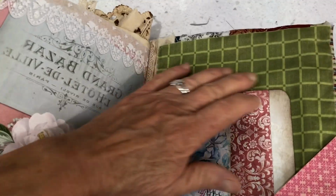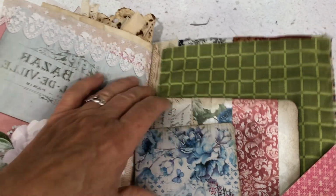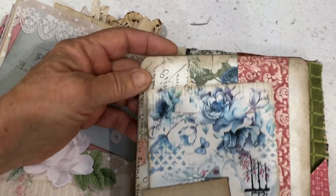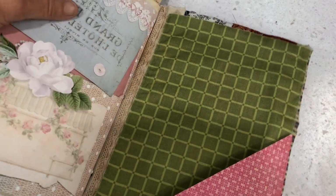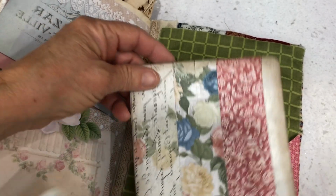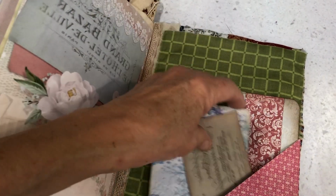And then you open it up, and the inside was a cloth fabric. I use that fabric fix to glue the fabric to fabric or fabric to paper. And then the inside, I've got a couple of journaling cards, and this is just a paper pocket here, and I made it a little bit so she could stick in some extra items in it. And then this journaling card and the one in the back section was actually made from some cards that are going to come up later that I cut down to fit some envelopes that I found, and I'll show those to you later. And this was a postcard I had, a little piece of ephemera, and of course